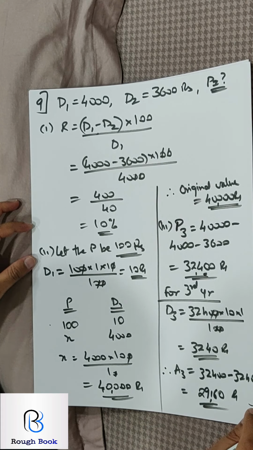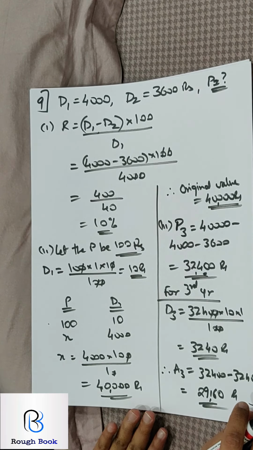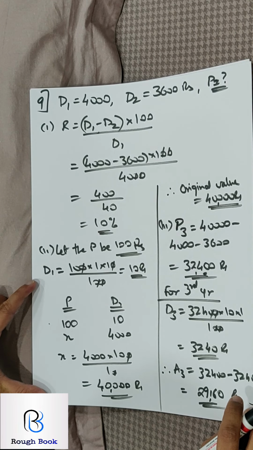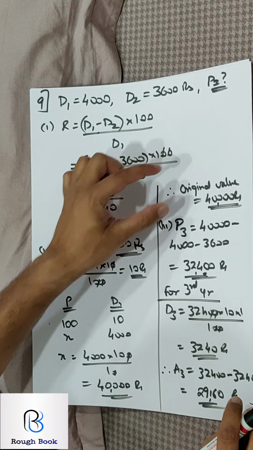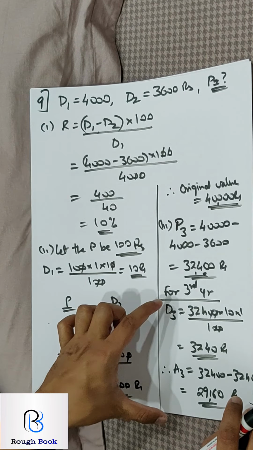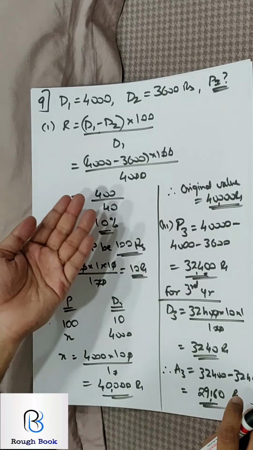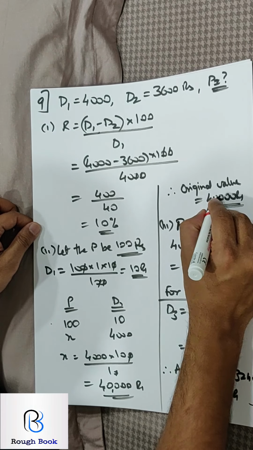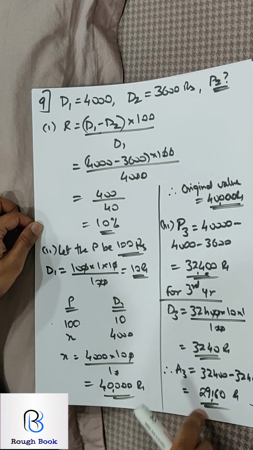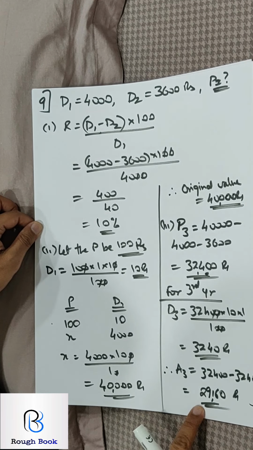Sum number 11. So depreciation, are we very clear how to go about it? First we calculated the rate, then the principal by using unitary method. After that we calculated the third year's principal so that we can go into the third year and get it. Otherwise, a few people start with 40,000, they do first year, second year, third year, then reach here. Lengthy method, still you get the same answer.